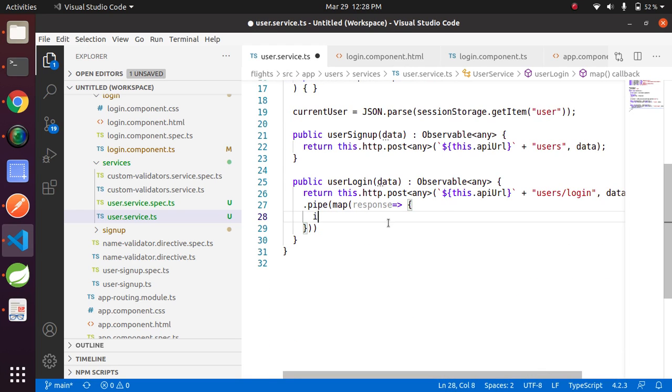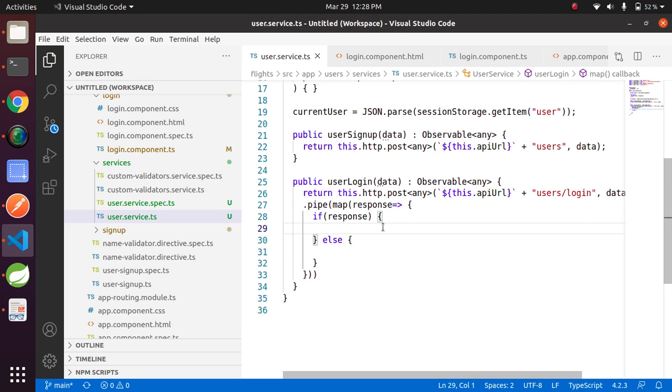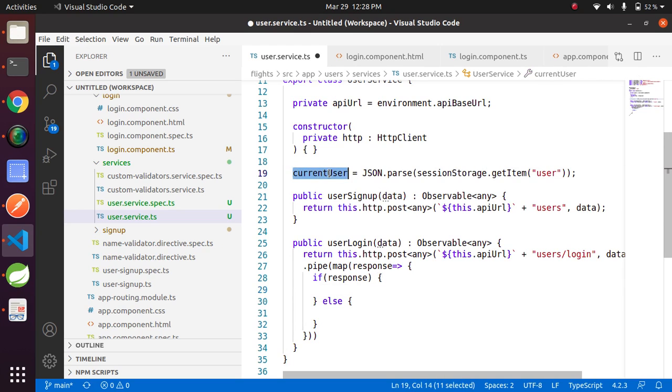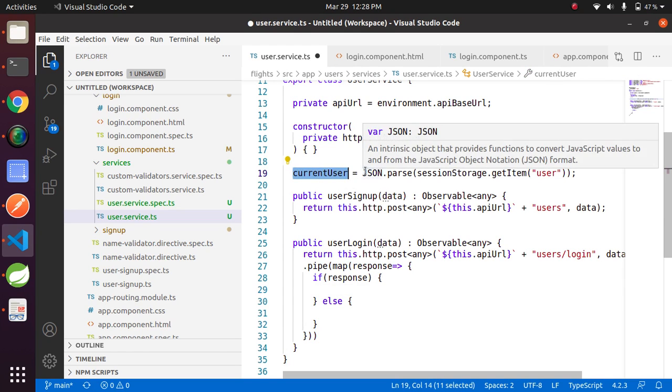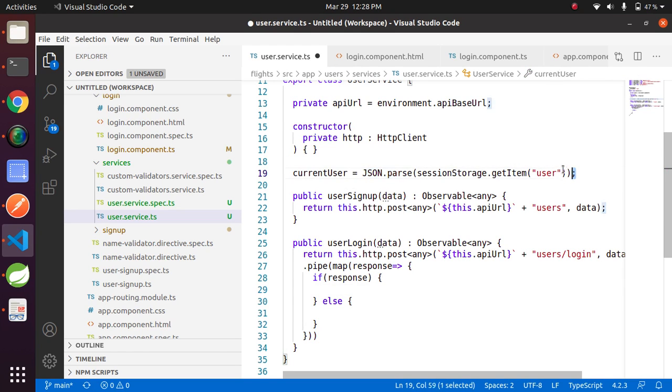Here if a response is success, then assign the response to current user, because this will execute on the refresh of the page, but on the login, after the login we will need to update current user with the user object.